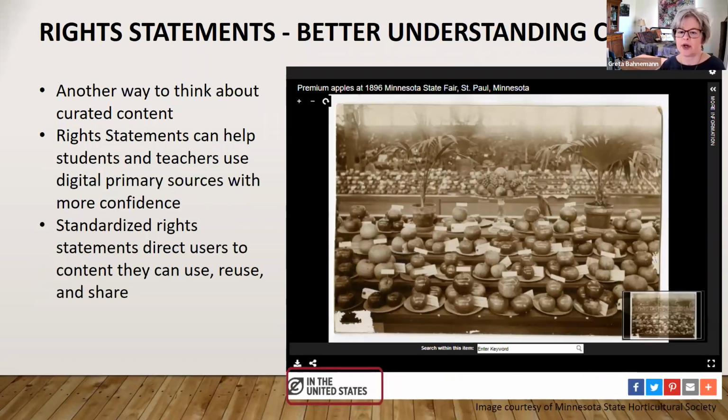And finally, I want to speak very briefly about another type of curated content, adding standardized rights statements to digital collections. MDL has been actively working with our partner organizations to assign rights statements to their collection items for the past 4 to 5 years or so. And when a standardized statement has been assigned, it can help students and teachers use digital primary source materials with greater confidence. So knowing that something is not in copyright, it is definitely something where,